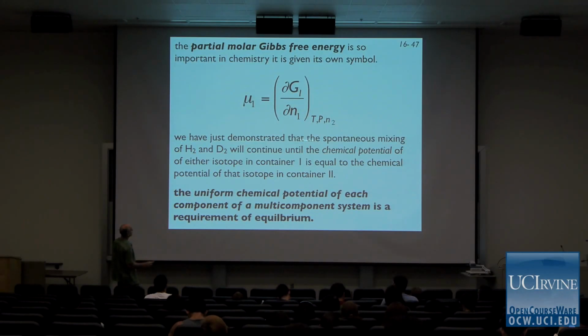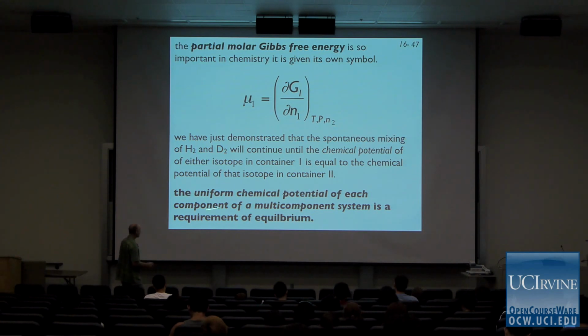So we have just demonstrated that the spontaneous mixing of hydrogen and deuterium will continue until the chemical potential of either isotope in container 1 is equal to the chemical potential of that isotope in container 2. It's this thing, this chemical potential, that has to be the same on both sides before we're at equilibrium. The uniform chemical potential of each component of a multi-component system is a requirement of equilibrium. In other words,